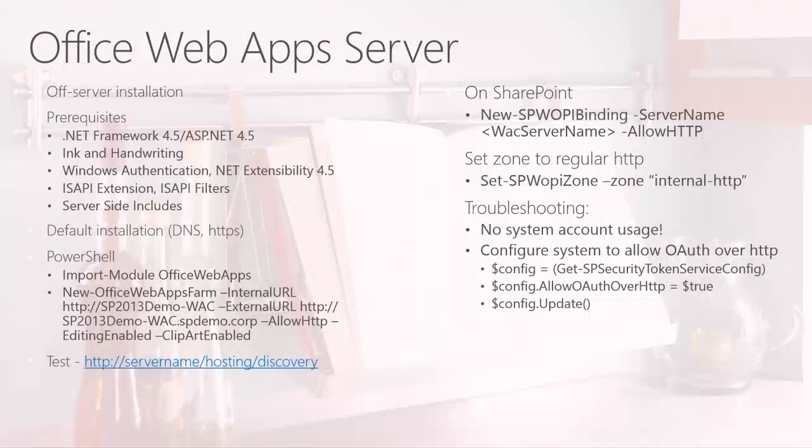This gobbledygook here is what's used to create an Office Web Apps farm the simplest way possible, which is to not use encryption. If you're doing anything more complicated, Microsoft really encourages you to run that over HTTPS, which means certificates, and so there's a wave of complexity in that. But Office Web Apps no longer lives as a shared service application in the 2013 architecture. Then on SharePoint, there's a bunch of other things that you need to do to bind Office Web Apps into